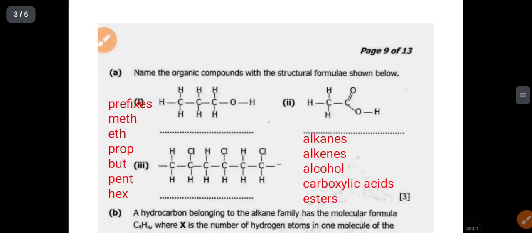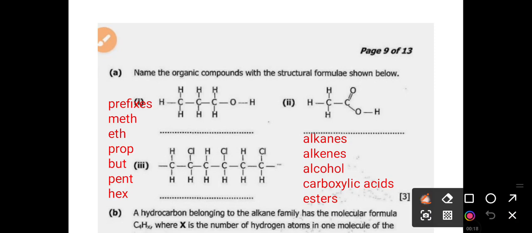Welcome to this tutorial where I'll be going through organic chemistry questions that ECZ has set in recent years. The first question says, name the organic compounds with the structural formula shown below. Even before we get to answer the question, let us revise a few examples of organic compounds that we